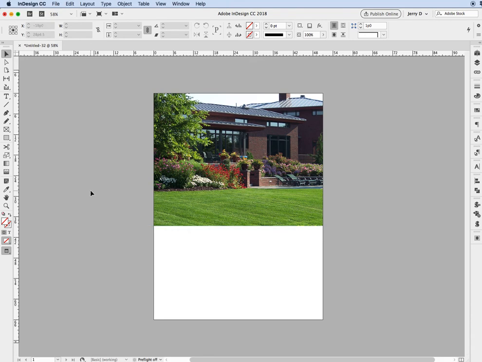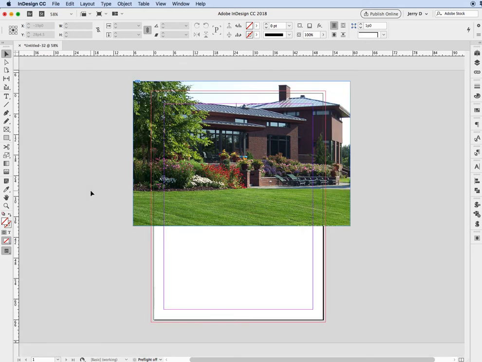To better understand, a bleed doesn't have to be a specific amount of image space beyond the trim. It can be whatever you want. For example, in this example, you can see that you can put as much image outside the bleed marks or the bleed lines as you desire. It's just that InDesign says, okay, let me give you some parameters in which to work